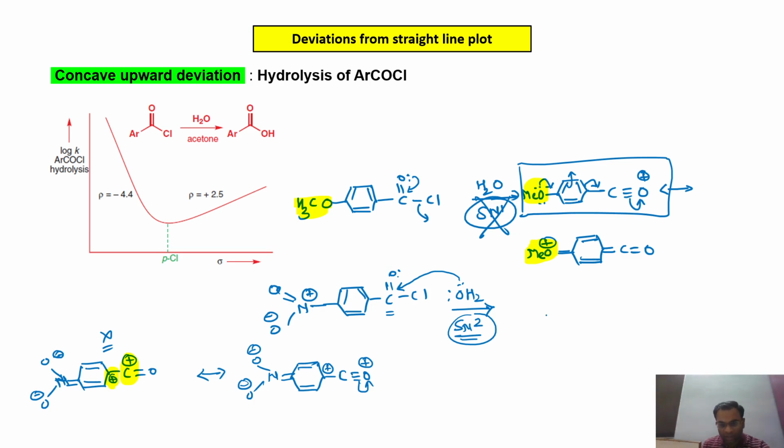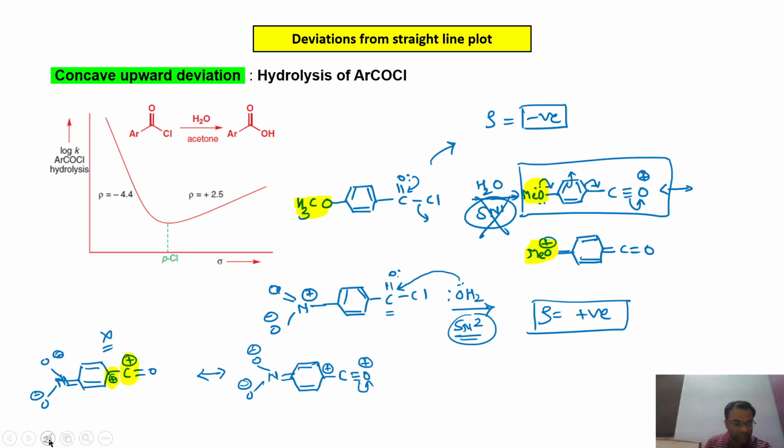Whenever the para-nitro substituent or a strong electron withdrawing substituent is present, we have a positive rho value, and for the SN1 mechanism we have a negative rho value, and therefore